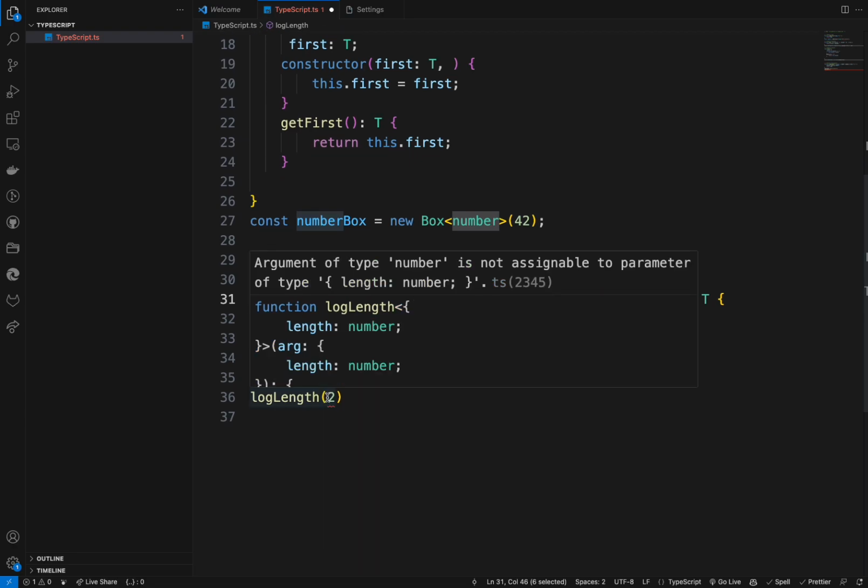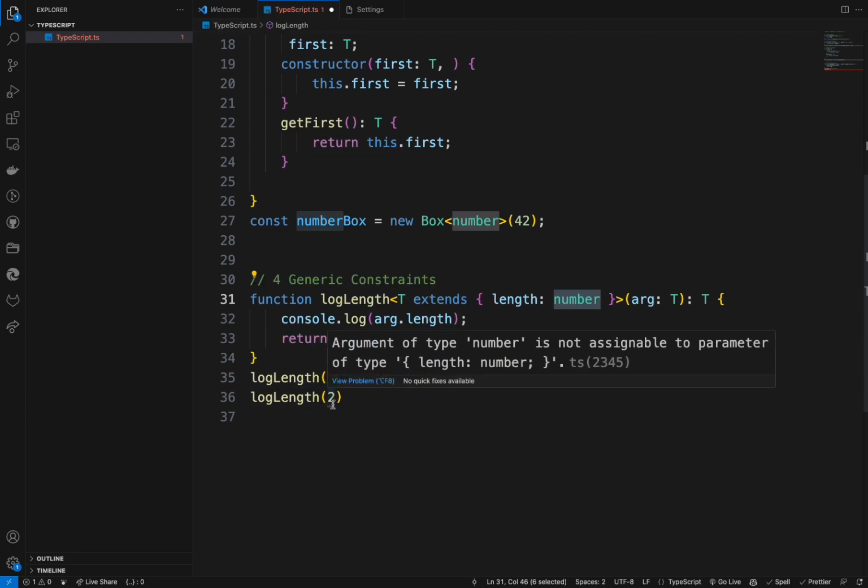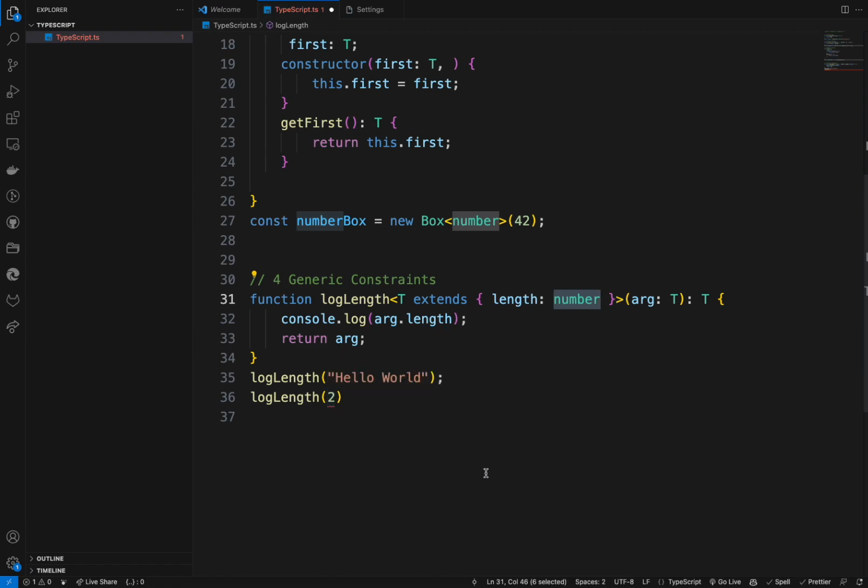Here, if we just scroll out this one, it says the argument of type number is not assignable to a parameter of type length of number. And yeah, this is one of the things. And after that, we want to talk about the